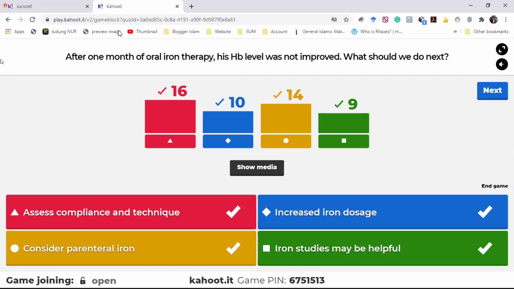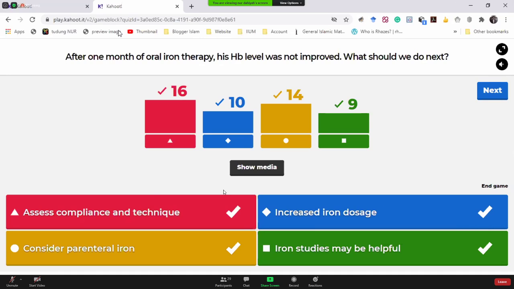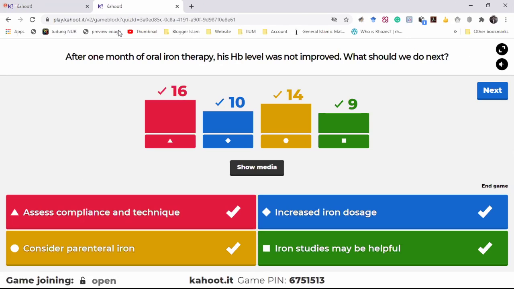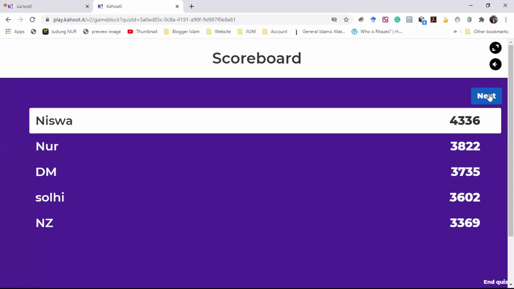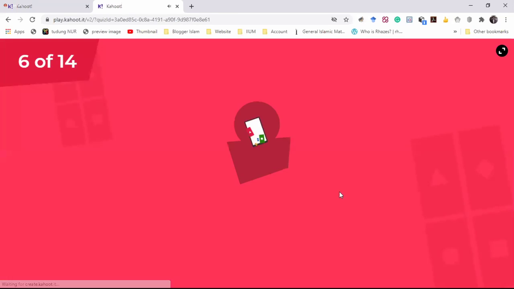And at this point, we can do iron studies because they may be helpful to confirm the diagnosis of IDA and also to rule out IDA itself, so maybe it is an incorrect diagnosis. And for the other list you can refer to the pediatric protocol. So I pass the next question to the next presenter. Okay, so still on the top. Okay, congratulations.